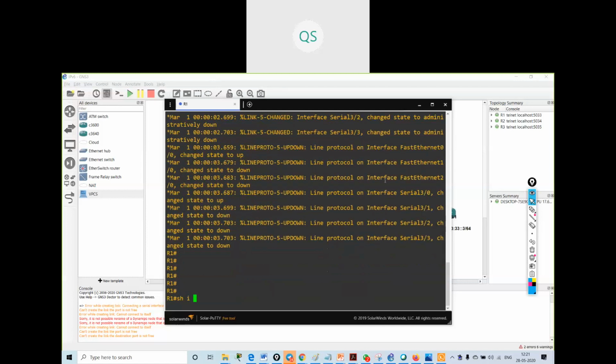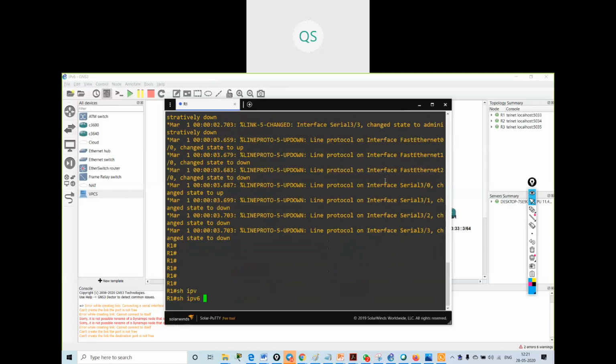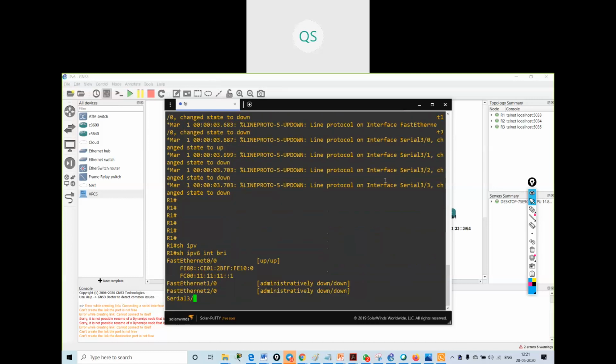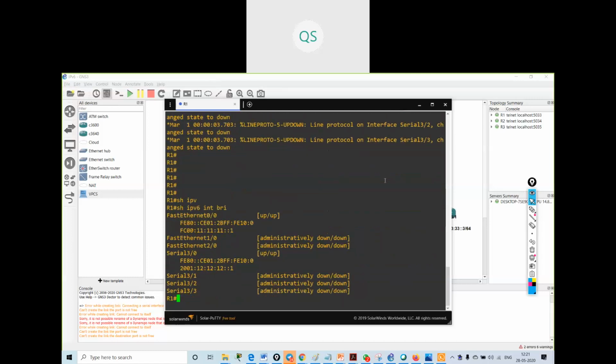Show ipv6 interface brief. So I have the IP address configured.